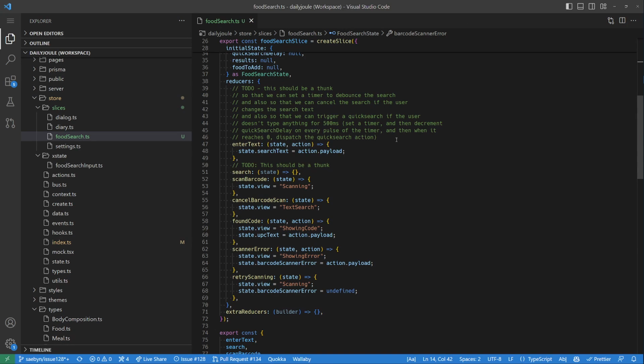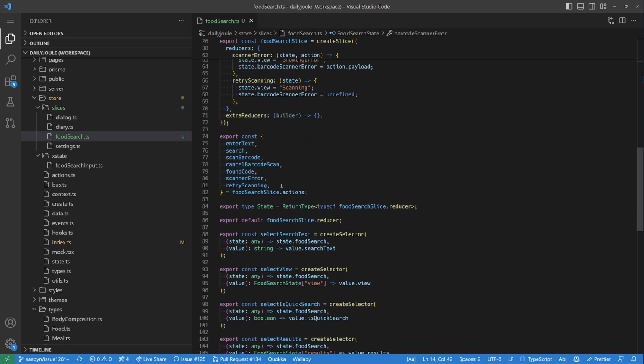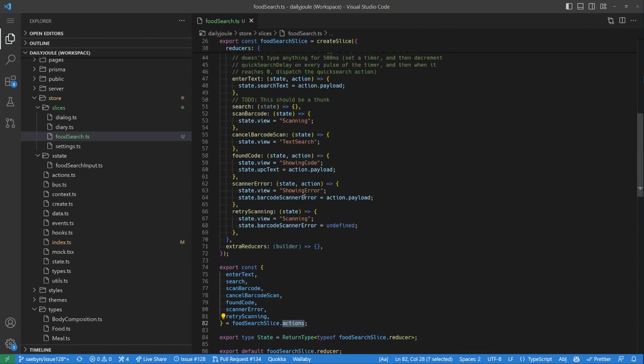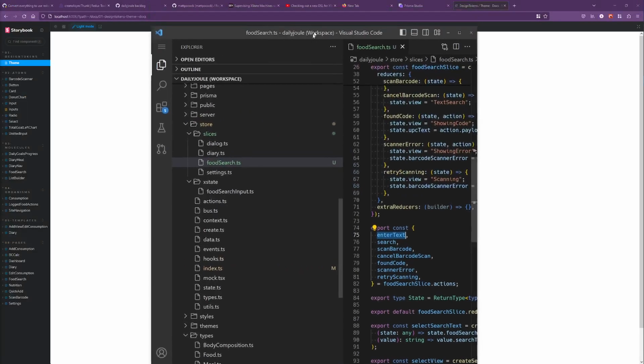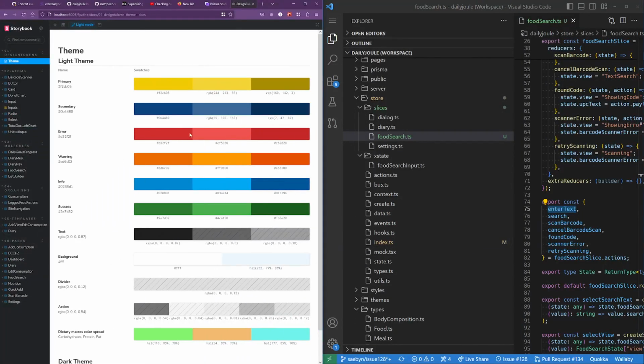And so we had started that by setting up these reducers, and then the actions that the Redux Toolkit provides for us by defining the reducers. So we have these different actions here that we can perform when the user enters text. So, and again, for a little context,